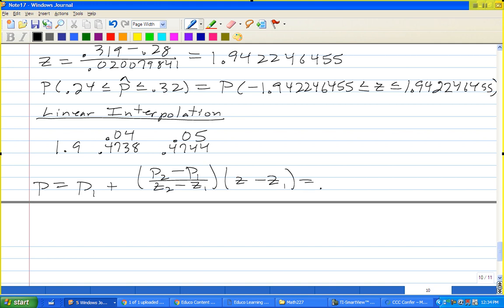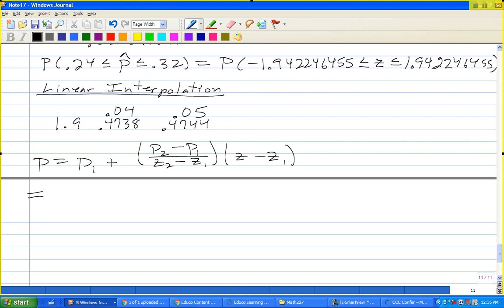And so 0.4738, 0.4744. Ooh, there's no way I can fit all this. 4744, 4738, 1.95, 1.94,